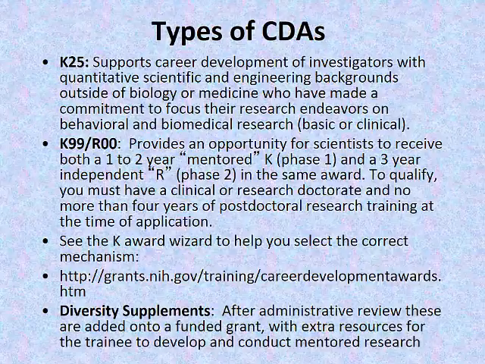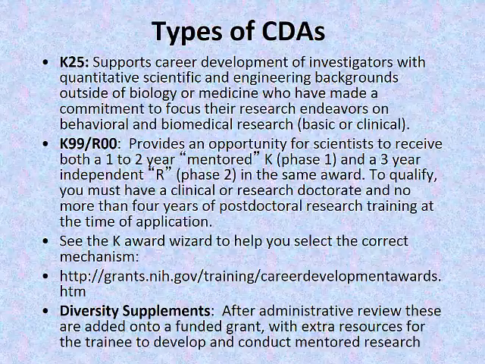Why would someone want to pursue that rather than a 5-year K? Well, I guess there is more money in the R00 part for the projects. So the K award pretty much gives you a stipend and a small research budget. It's about $25,000 a year at most of the institutes, whereas the R00 is funded more like a real R award with more project infrastructure.